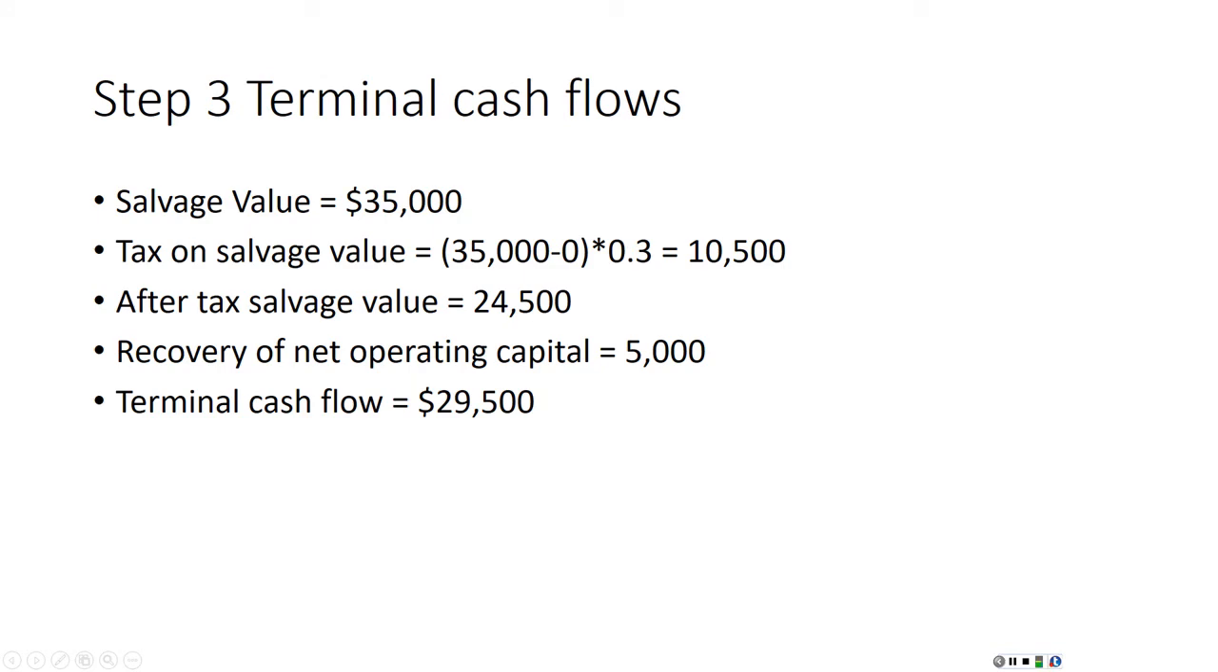Our terminal cash flow, our salvage value, is $35,000. The tax on the salvage value will be $35,000 minus the remaining book value of 0, times 30%, for a tax of $10,500. So the after-tax salvage value will be $24,500. We also assume recovery of net operating working capital of $5,000,